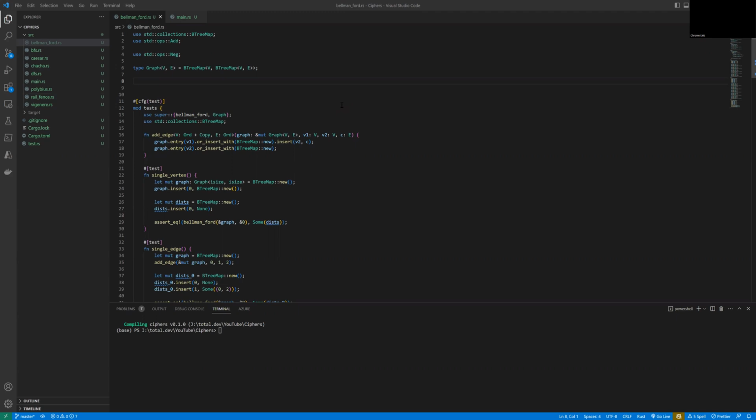This algorithm is used to traverse through a graph that contains negative weights or negative values, and it will return the shortest path for each node. Okay, so let's start. We can start by creating a public function